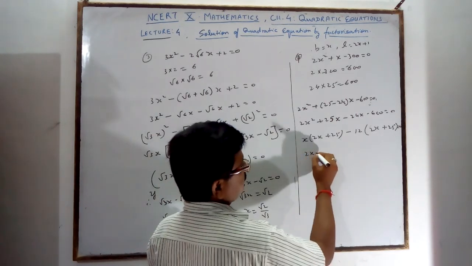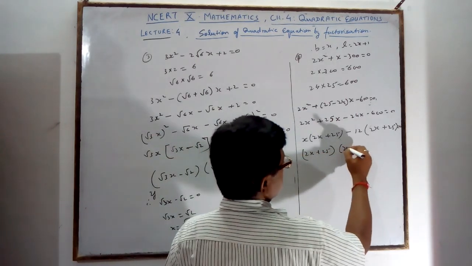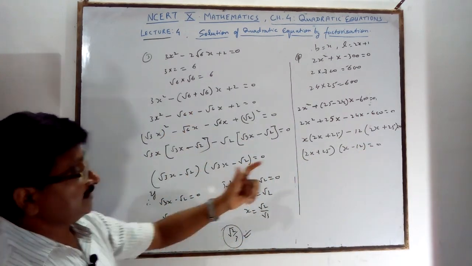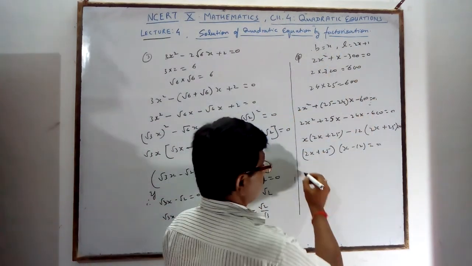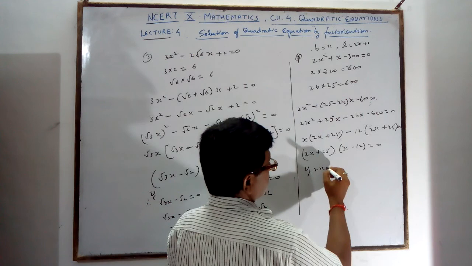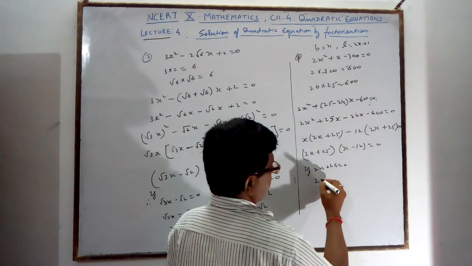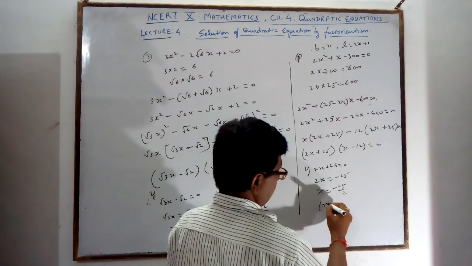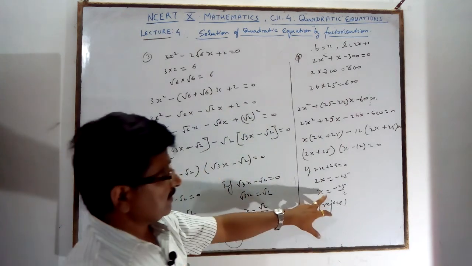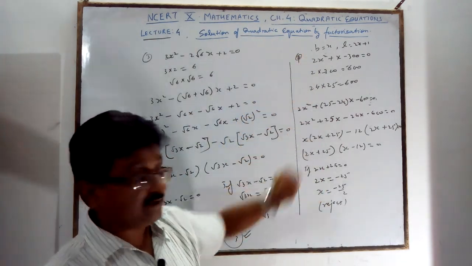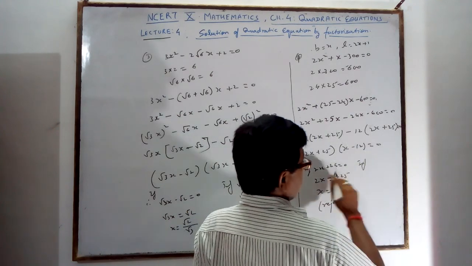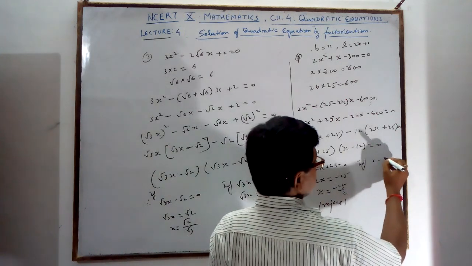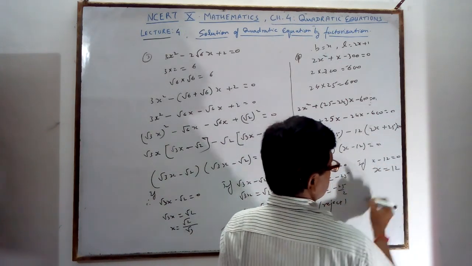So there are two linear factors you are getting. One is this and one is this. It is a linear factor. Here there is no restriction, but here there is a restriction, it is length and breadth. So if 2x plus 25 is equal to 0, then 2x is equal to minus 25, x is equal to minus 25, it will be rejected. Why will it be rejected? Because length and breadth will not be negative. So then the second part, both parts you check. Then also you check the second. If x minus 12 is equal to 0, then x is equal to 12.